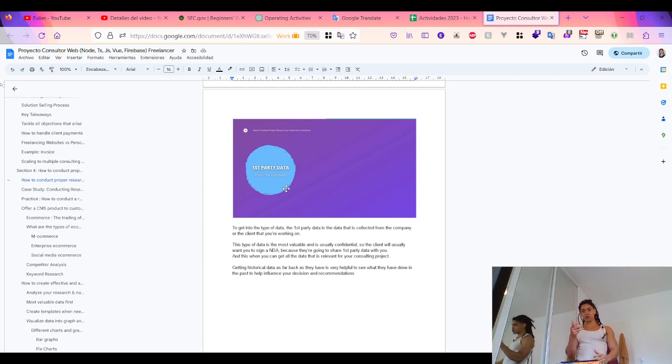Online travel and booking like Expedia, Booking.com, and Airbnb, and food ordering and delivery services such as Grubhub, especially in the US, Uber Eats, DoorDash. Another business model or type of e-commerce is business to business,